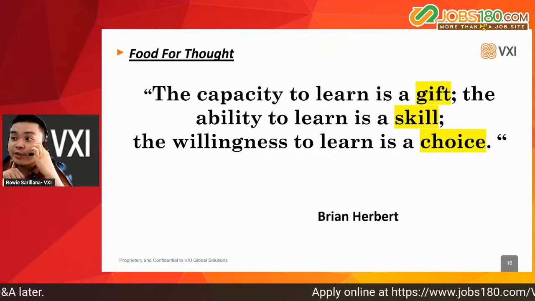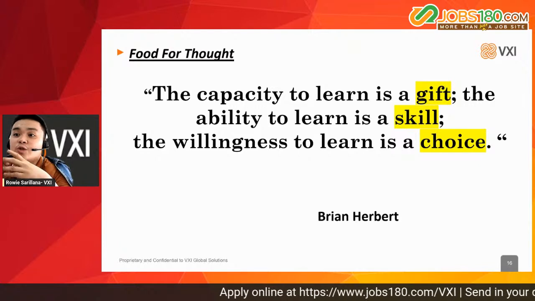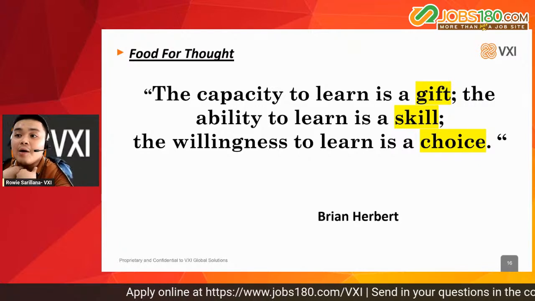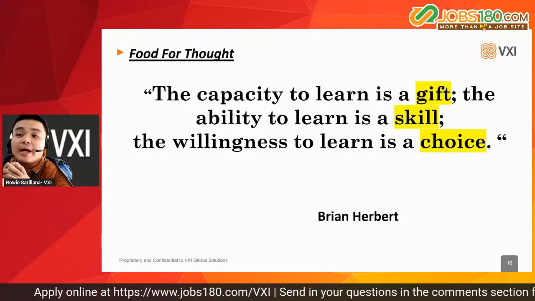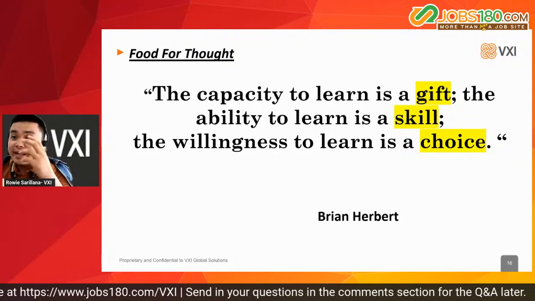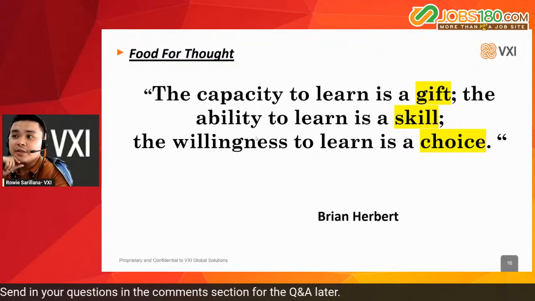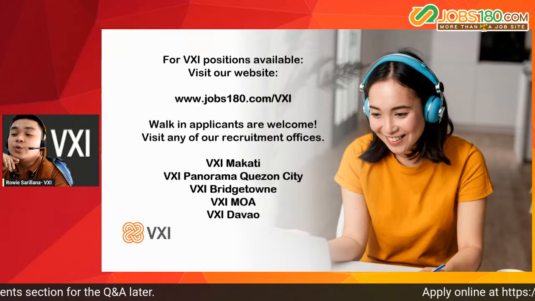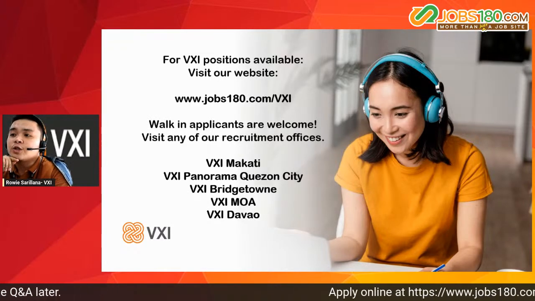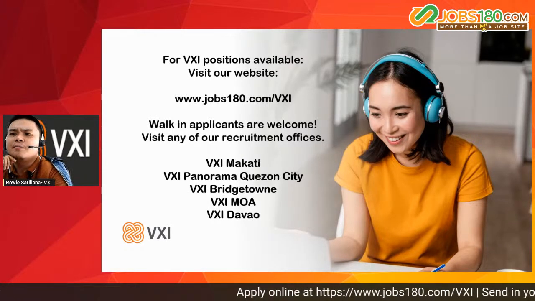And of course, the willingness to learn, guys, has something to do with your receptiveness, how open you are to feedback, how open you are to new things. Again, learn, unlearn, and relearn. That's a choice. And by the way, guys, should you ever stumble upon the chance of applying in VXI,